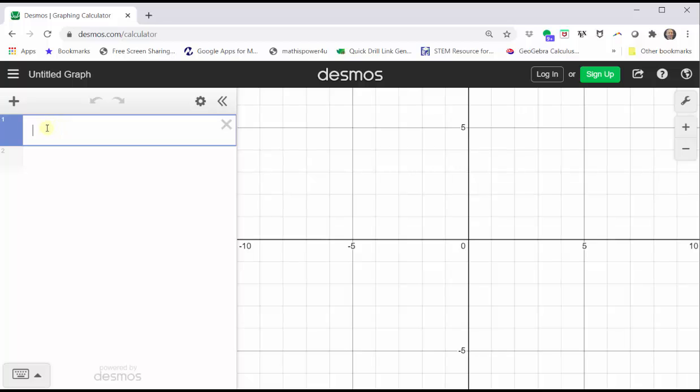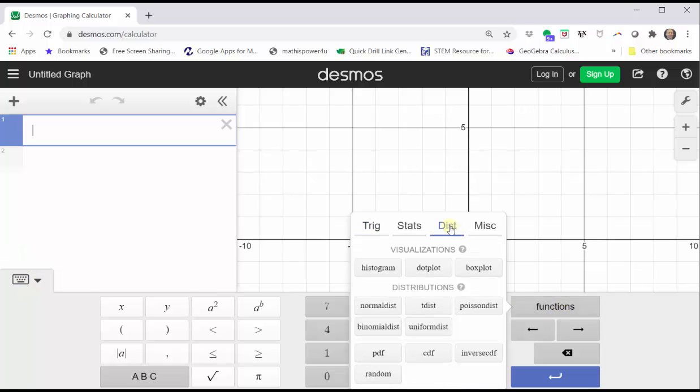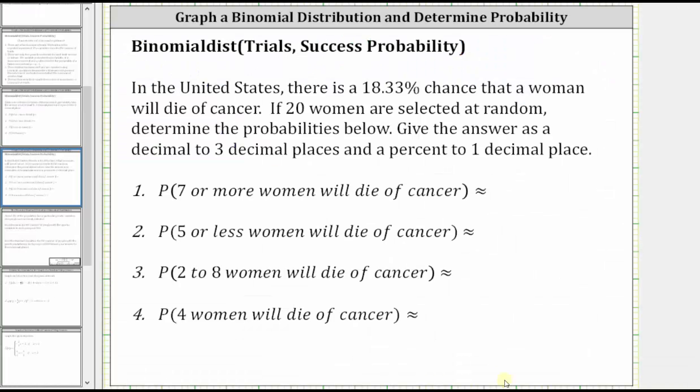In cell 1, we can either type in binomial dist, or we can go to the Desmos keypad by clicking the Show Keypad button in the lower left-hand corner, then click Functions, click the Distribution menu, and click Binomial Dist. Now we enter the number of trials followed by the success probability. For our example, 20 women are selected and we're trying to find the probability of a certain number of women dying of cancer, so 20 is the number of trials, and the success probability is 18.33%, which we must